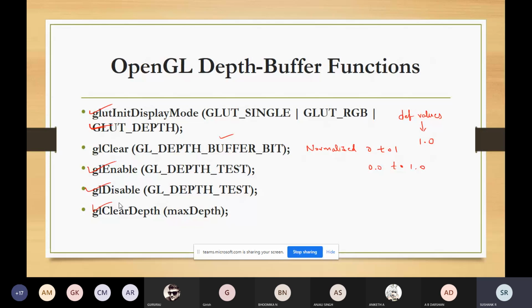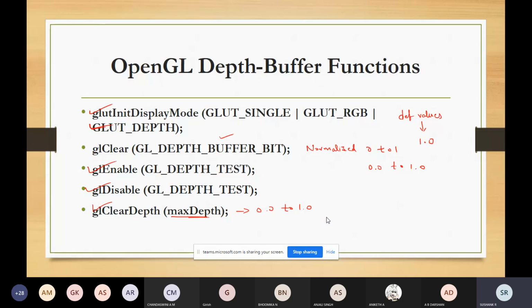So what is the range of values this max depth can take? It can have values in the range of 0.0 to 1.0. So it's a floating point value.